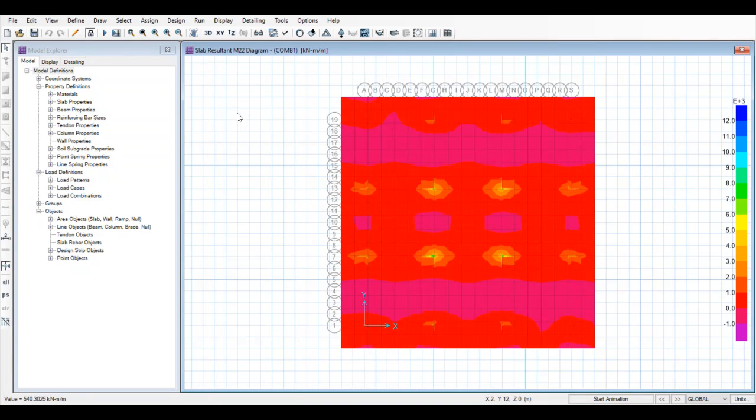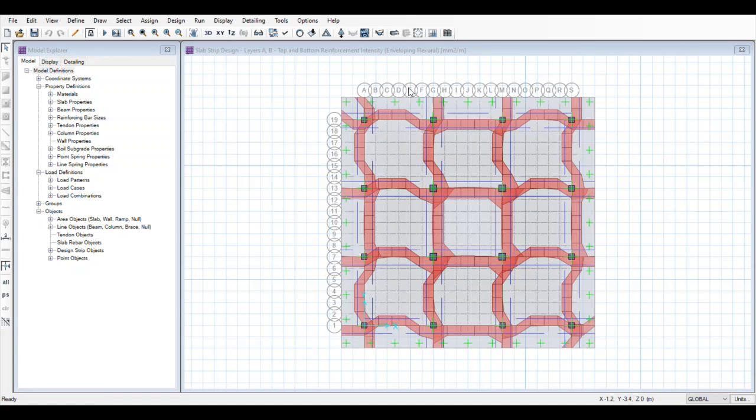You can again go to display, go to show slab design, click on the dialog box, impose minimum reinforcing, click on apply. As you will see, it will show the top and bottom reinforcement required in the footing.